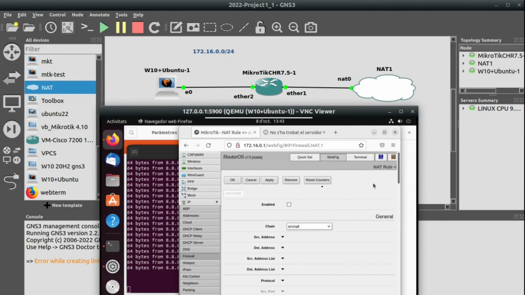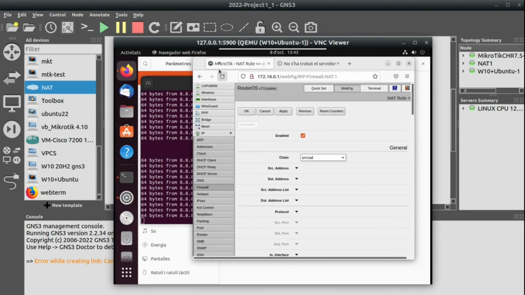So now without that NAT rule there's no pings, and as soon as we enable it back and apply, pings continue. So that's how we have set up that NAT